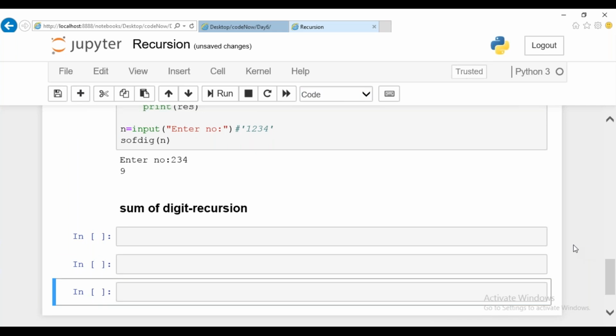I guess few are completed. Let me see the code. So you're writing this recursion method, right? N value equal to 0. Okay.